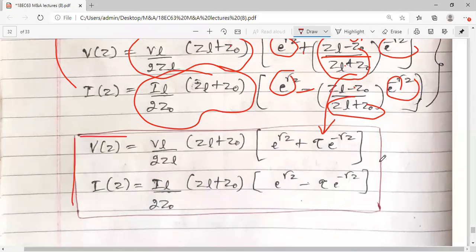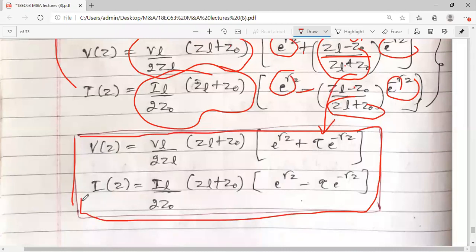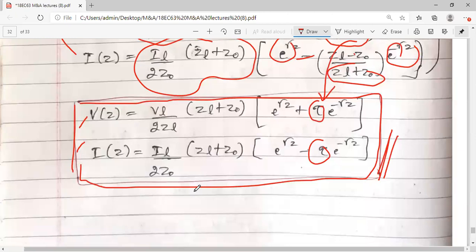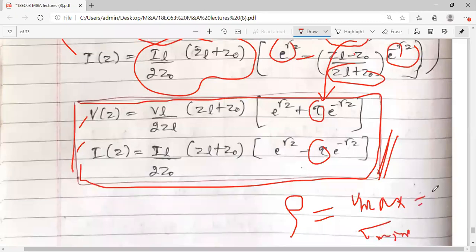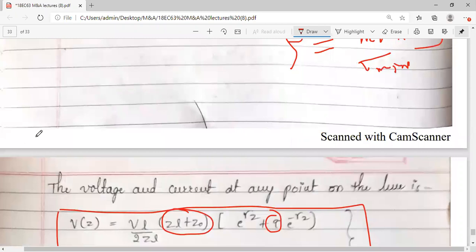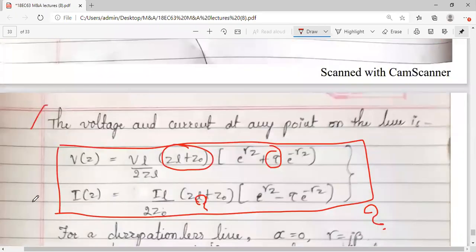These two equations we are going to use in order to derive the relation between rho and tau. Because if you see, this transmission line equation for V and I has a tau term here. By making use of this, we will try to find Vmax and Vmin, Imax or Imin, so that rho equals something. Rho is the ratio of maximum by minimum, either voltage or current. By making use of this, we can develop a relationship between rho and tau. That's why the actual derivation starts with this.